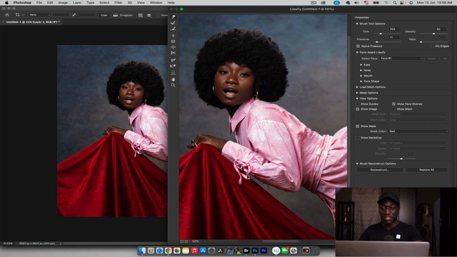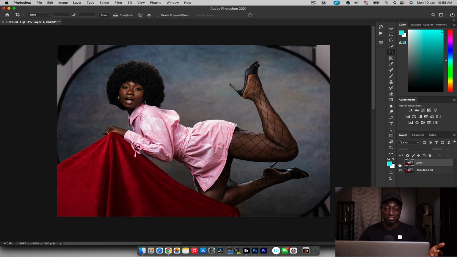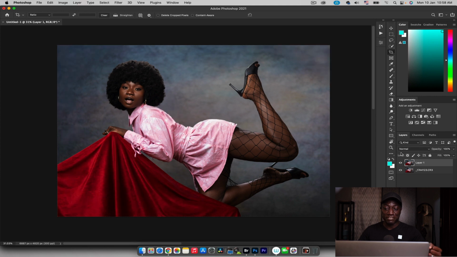So here's a before, after, before, after. I like it. Just gonna dip over here, like so. Press OK, and now we have our Liquify committed to the image. So before, after, before, after. Absolutely amazing. All right. Thankfully, our subject doesn't really have a lot of skin blemishes, so what we're going to